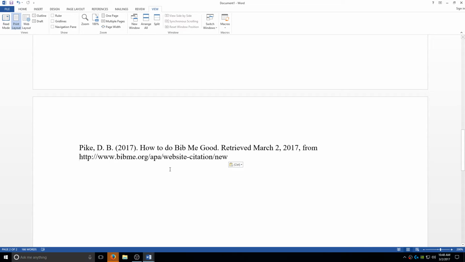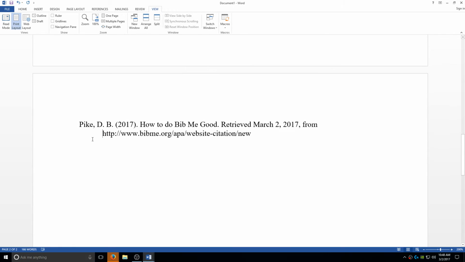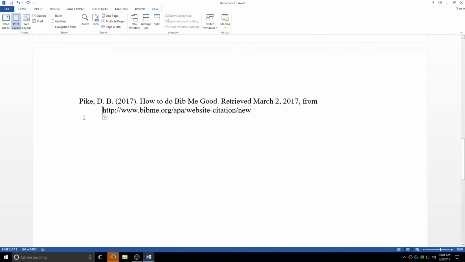It doesn't do the formatting properly when you copy and paste. As you may know, when you do any kind of works cited, you have to indent the second line. The reason you do that is because you want the names to pop out. The other information is not as important as the author name. That's why you indent the second line, so that when someone's scanning your bibliography or your works cited page,